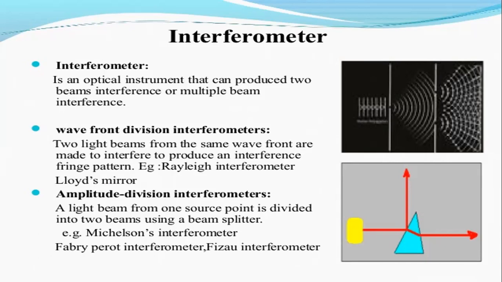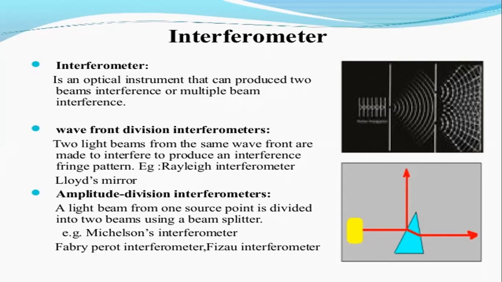And next, in the amplitude division interferometers, the light beam from one source point is divided into two beams